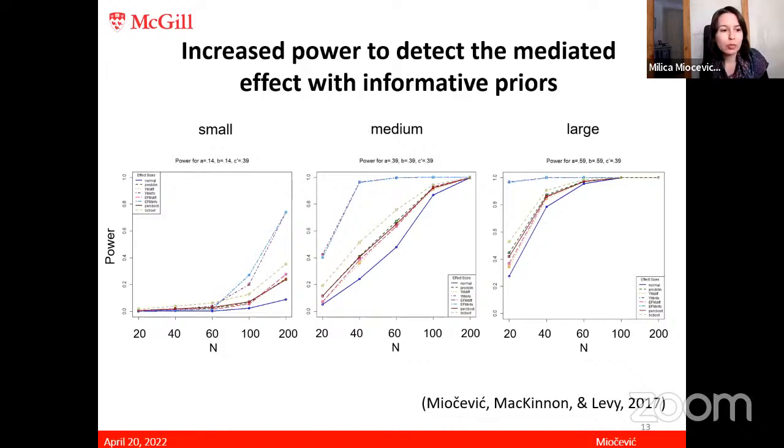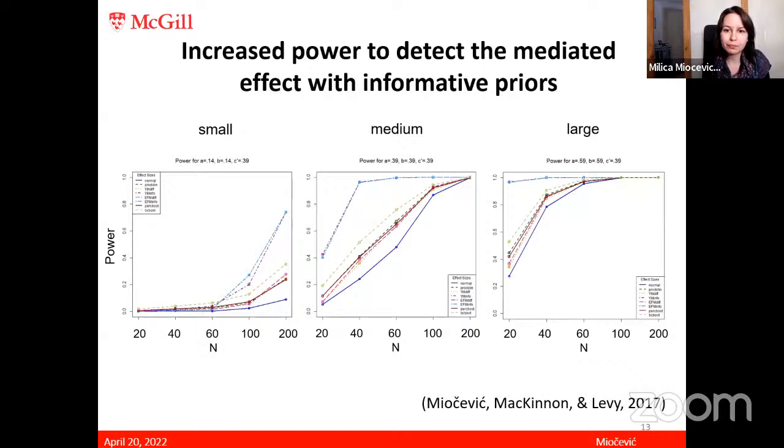The bias-corrected bootstrap tends to have really high power, but also elevated type 1 error rates, so that's one of the reasons it's generally not recommended. But then when we look at a sample size of 200 and a small effect, we see that using informative priors leads to a power that's almost double of what it is for best frequentist methods and Bayesian methods with